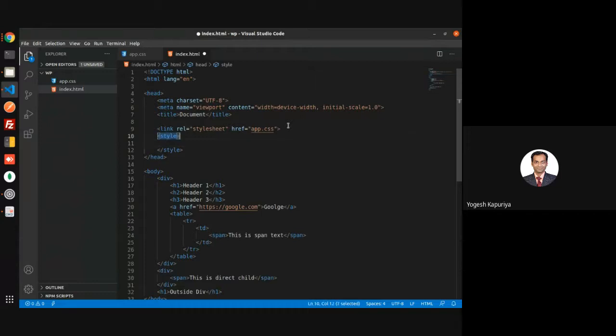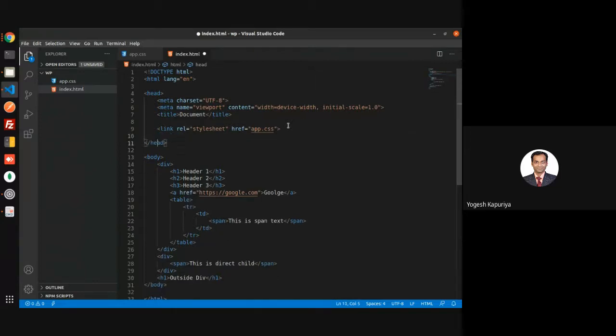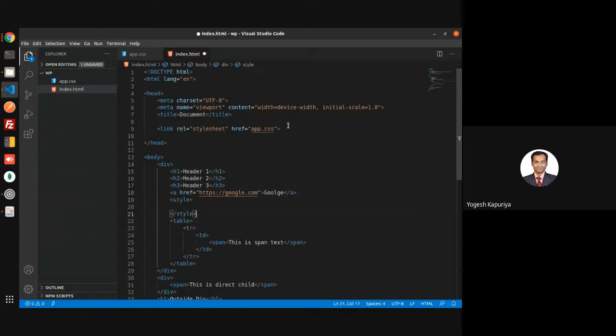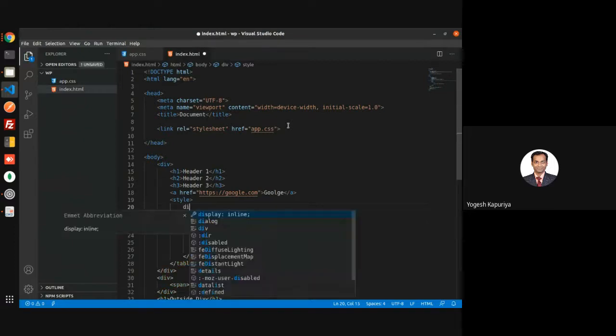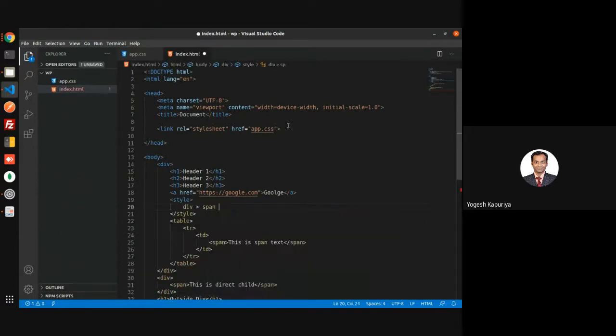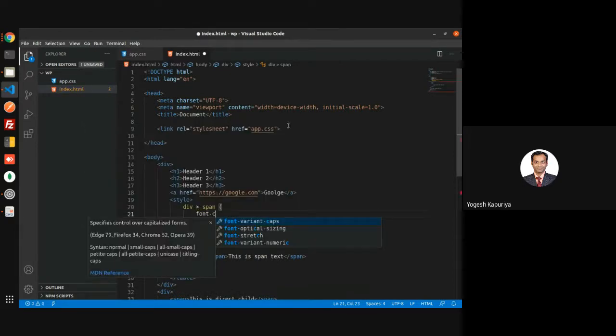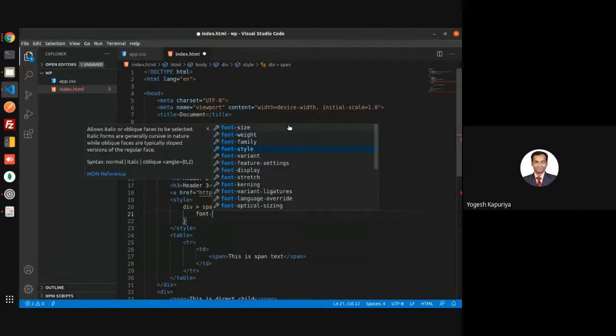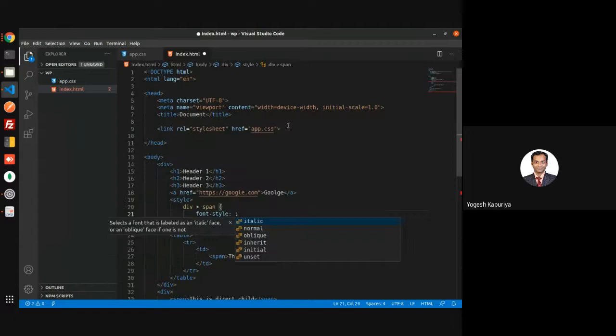And remember, this style is not necessary. You can write only here. You can write style anywhere. Okay, so if I write here, let's say I'm writing style italic.